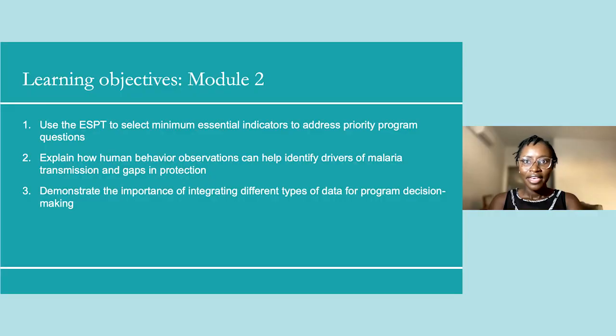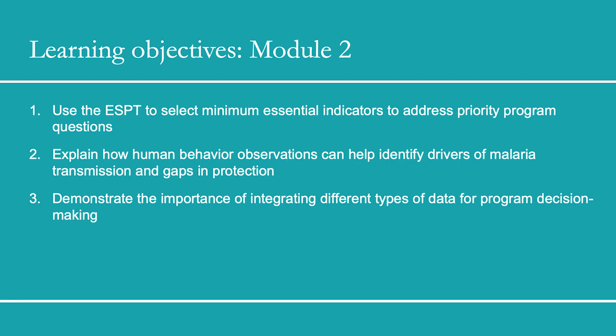Hello and welcome to Module 2 of the ESPT training. Module 2 will cover selection of minimum essential indicators, which is important when resources are limited. There are 3 learning objectives for Module 2. By the end of this module, you should be able to use the ESPT to select the minimum essential indicators